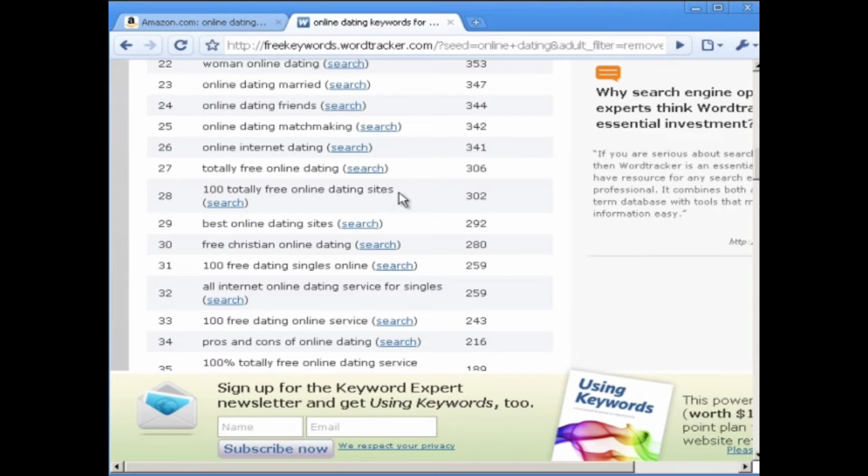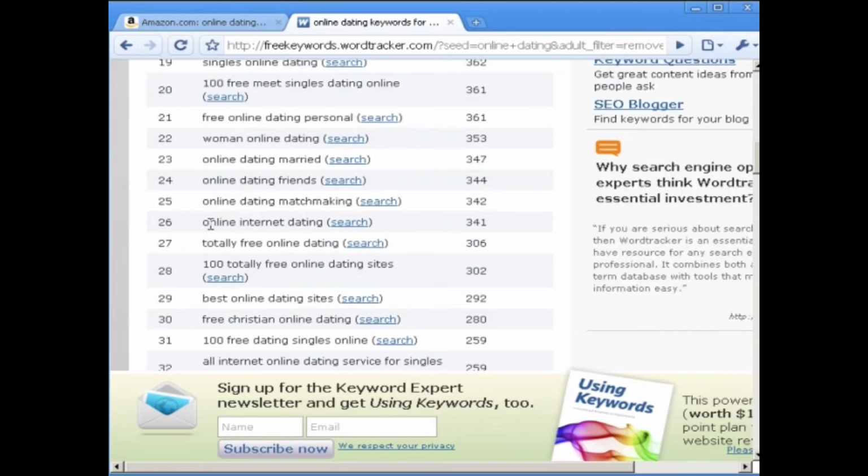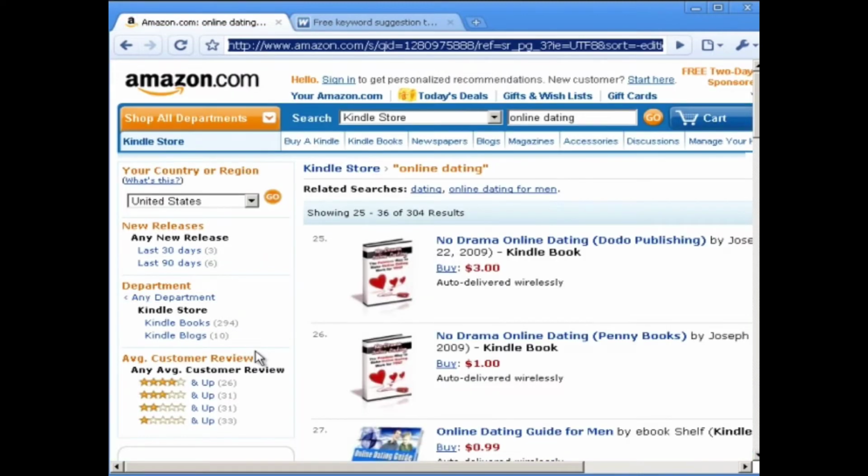So let's say that I pick one of these keywords. Okay, so I did some keyword research and found that indeed there's a lot of searches going to the keywords for online dating. But the next thing I want to do is actually start brainstorming in terms of the actual